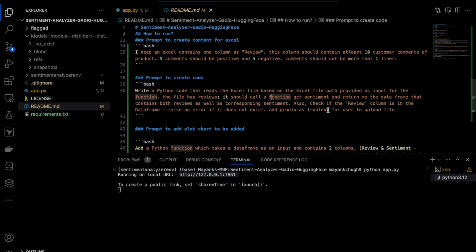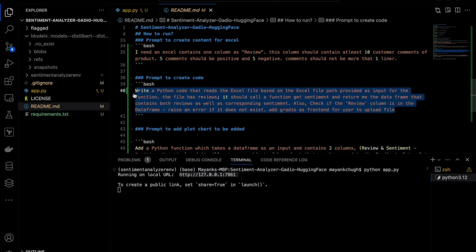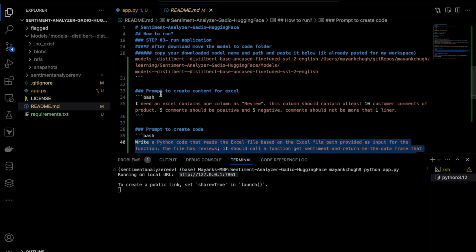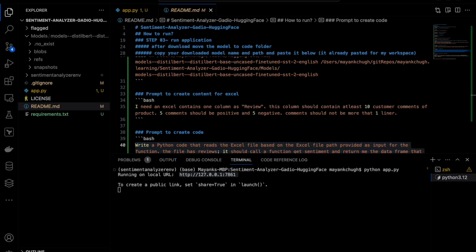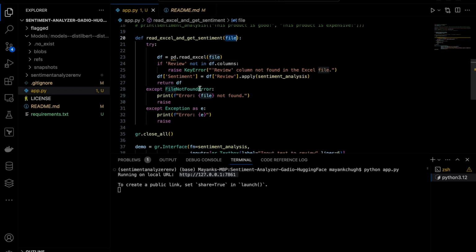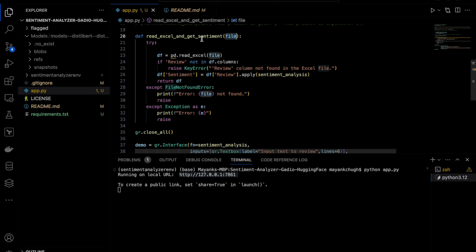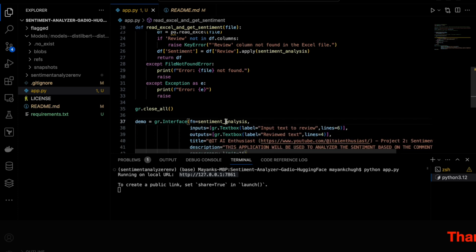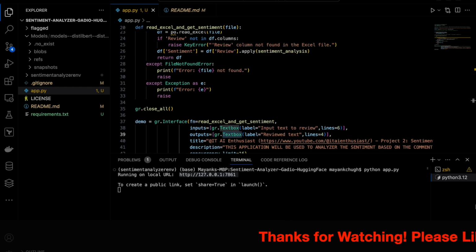Add Gradio frontend for the user to upload files. So these are some of the things you can modify as per your requirement. I have already done this here. So now the function name would be different. I'll call this function name instead of sentiment analysis, and instead of this I'll call this one